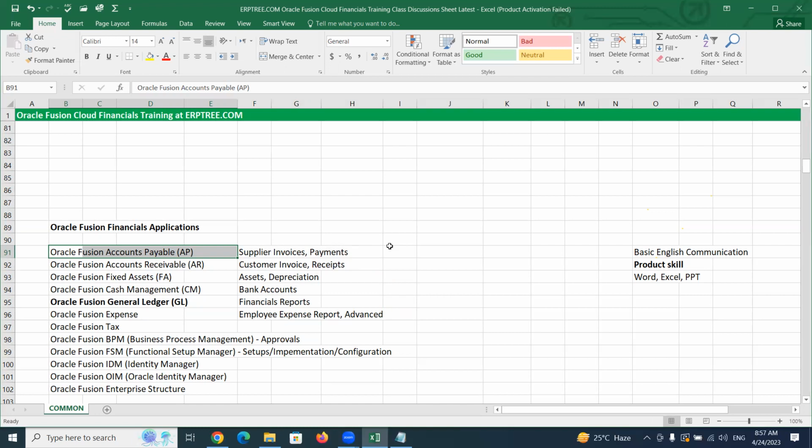Whenever our organization purchases something from a supplier, within Oracle Fusion Accounts Payables, we record the supplier invoice. What do we record in the supplier invoice? Who is the supplier? What is the supplier address? How much amount we have to pay to that supplier? When we have to pay? And how we have to pay? Whether through cash, check, or bank transfer.